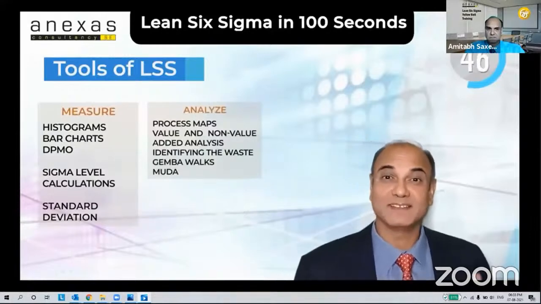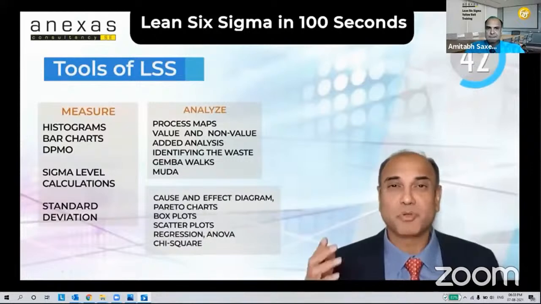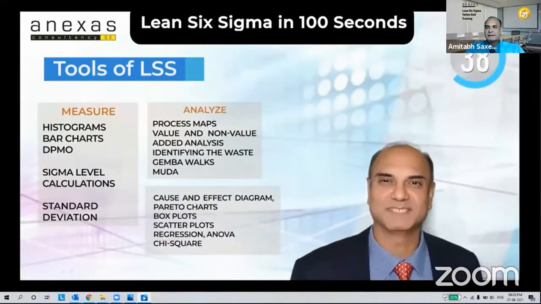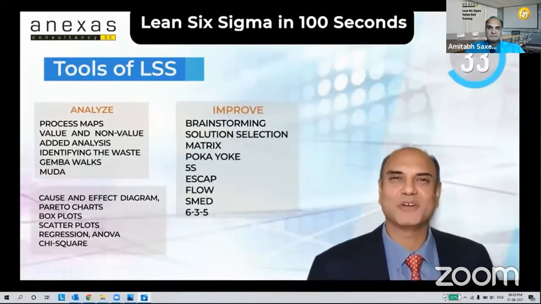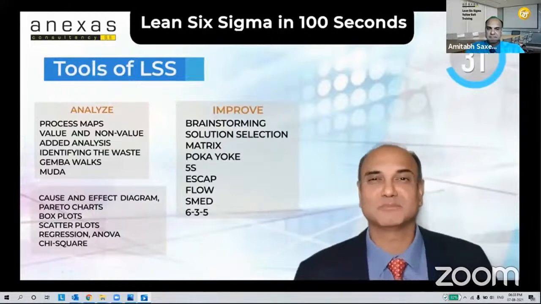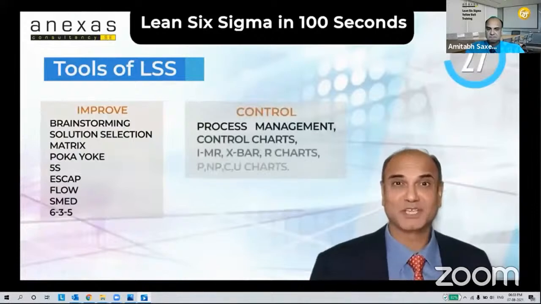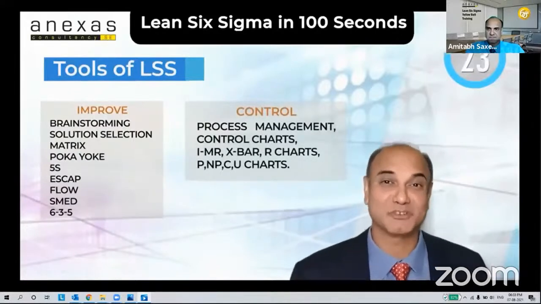In analyze, we analyze the root causes, we map the process, identify the waste, use cause and effect diagram, Pareto analysis, graphical analysis, and hypothesis tests. In improve phase, we generate ideas to take care of root causes using lots of tools like brainstorming, mistake proofing, FMEA, etc. And in control phase, we sustain the improvements for a long time by using process management and control